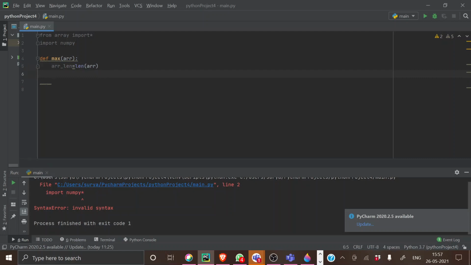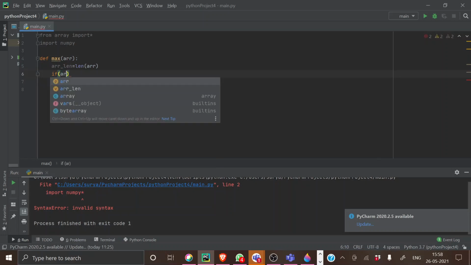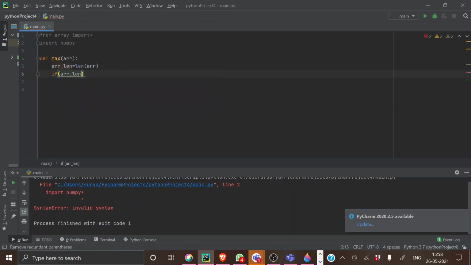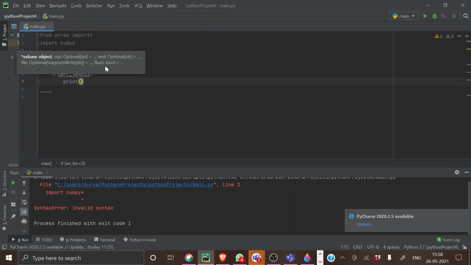Before the print, I'm going to make an if condition: if array length is lesser than 2, print only one element.